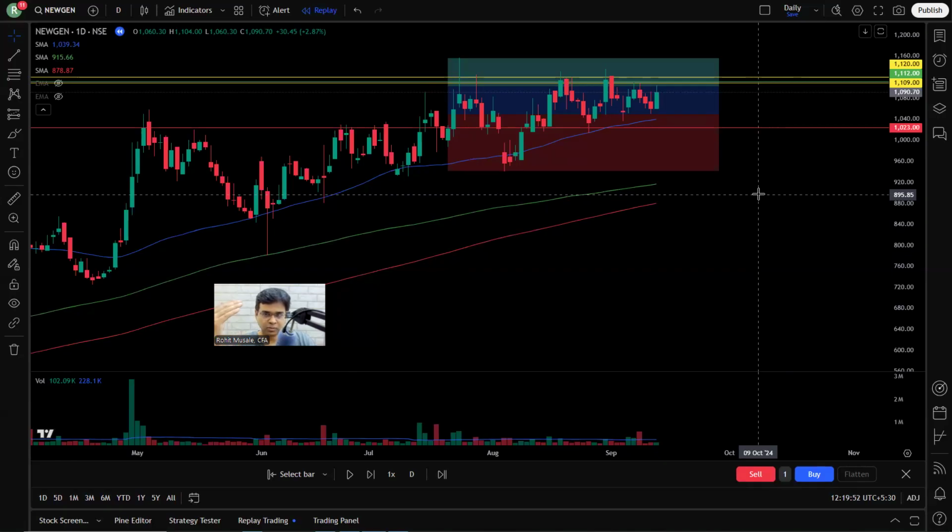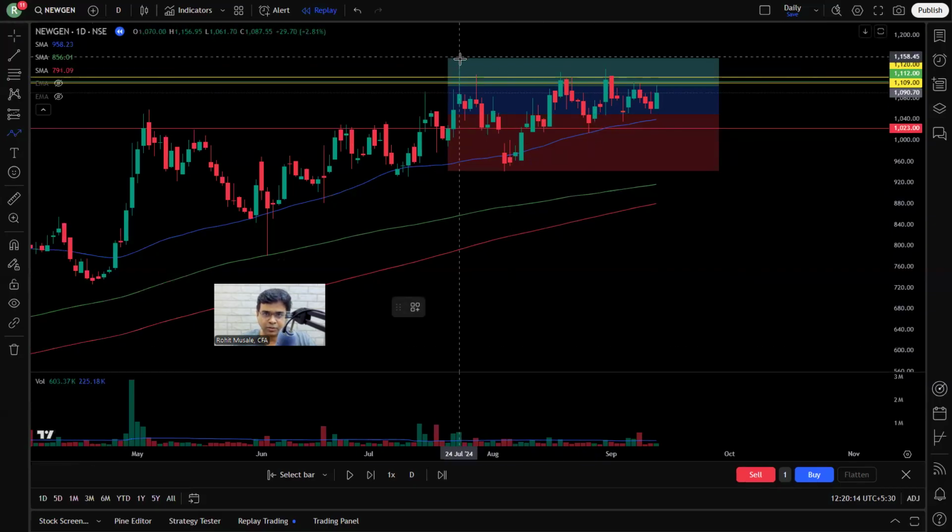Apart from hard stop loss, I also keep something called a mental stop loss. A mental stop loss is a level that I am personally watching on the stock. If the stock breaks that level or if the stock closes below that level, I might consider reducing my position size. So in this case, if I draw the